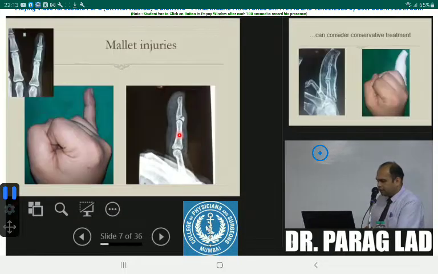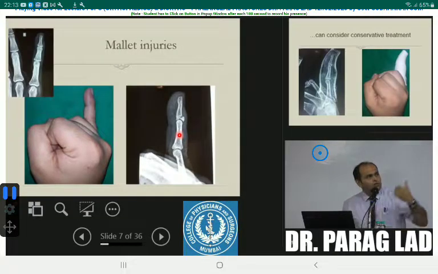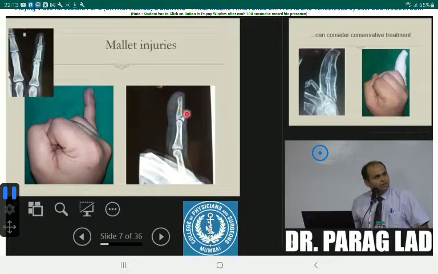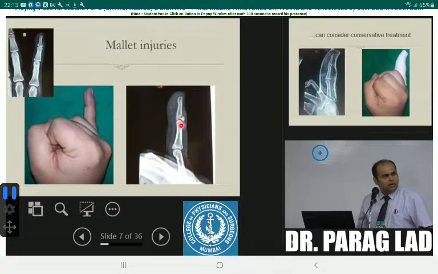Now let us take one example. You will get this as a short note, and at least when you start your practice, one patient a month you will see with this kind of fracture. So what is the problem here? It's a cricket ball injury again, and if you see, there is a fracture here.